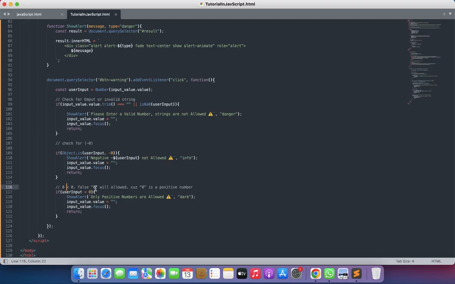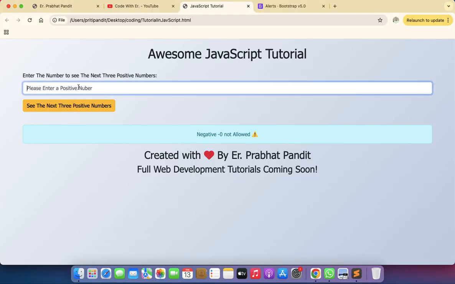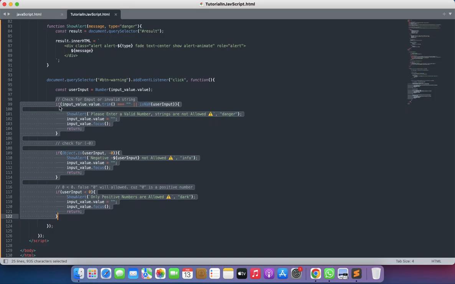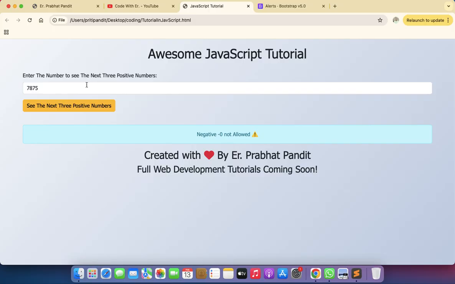Okay, so guys, now if the user has passed all these conditions or constraints, which means the user has given some positive number, now we will show the result to the user. If this if is clear, which means the user has given a positive number, we must show the